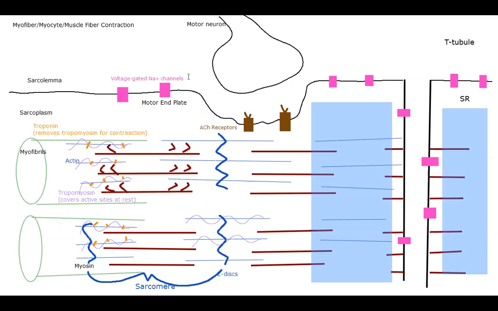We also have voltage-gated potassium channels, right? Depolarization and repolarization works literally the same way in muscles as it does in neurons. I'm not going to draw that in because there's already way too much going on. Okay, so voltage-gated sodium channels for depolarization, just keep in the back of your mind there are also potassium channels as well. But what I will draw in